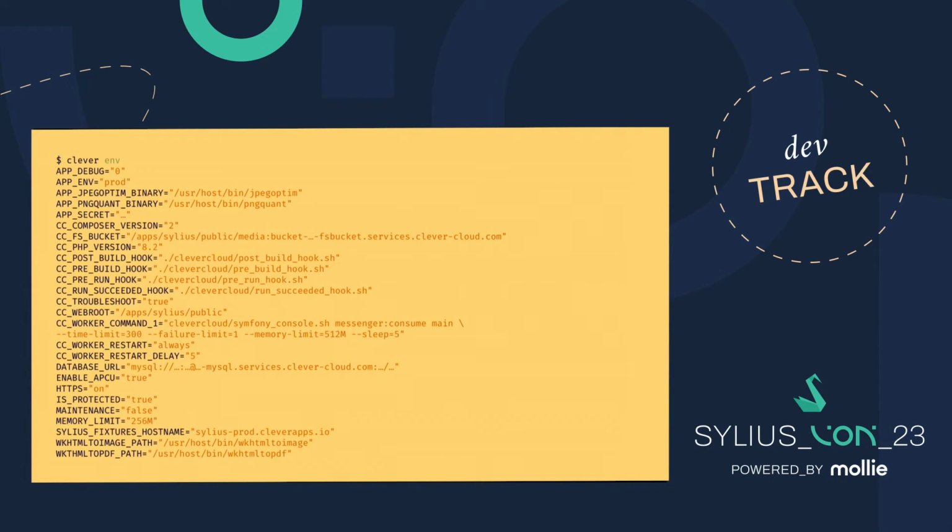The tool we built is creating all the variables that you may need. So if you take a look more, we have the worker run the migrations. We change the web root. We have all the hooks here. We have the file system, the FS bucket. We have the database. We enable the APCu extension for PHP. We upgrade the memory limits. And we even set the Sylius fixture hostname to sylius-prod.cleverapps.io. We add a bunch of other variables like a binary path, because we use most of the time